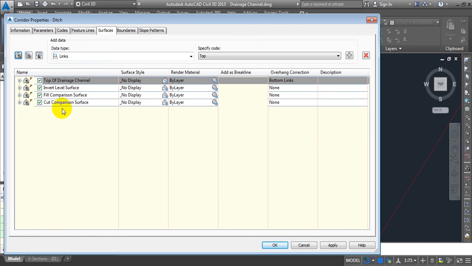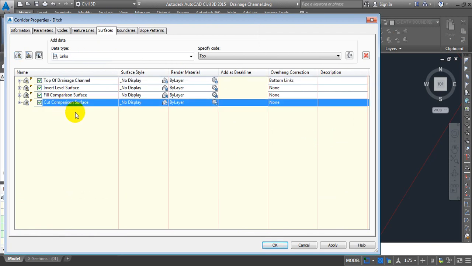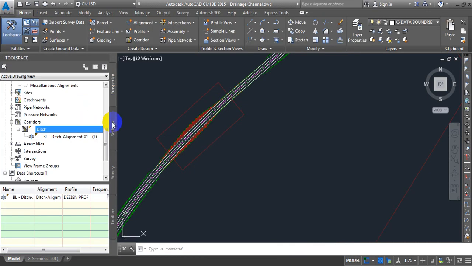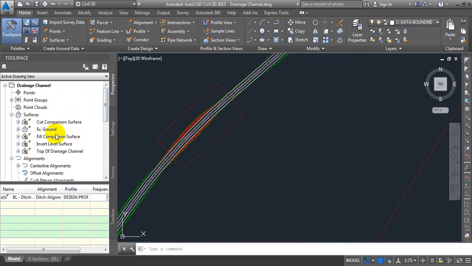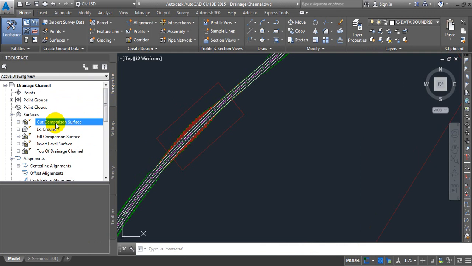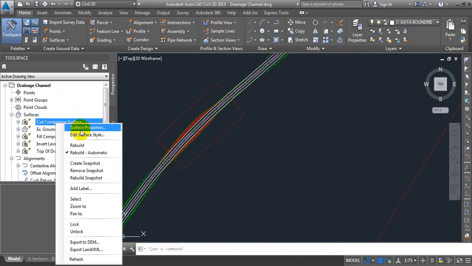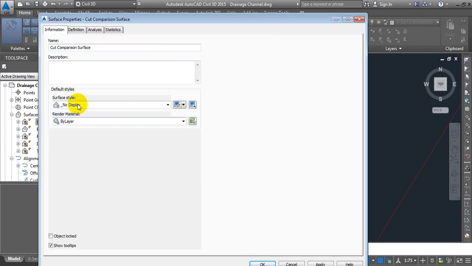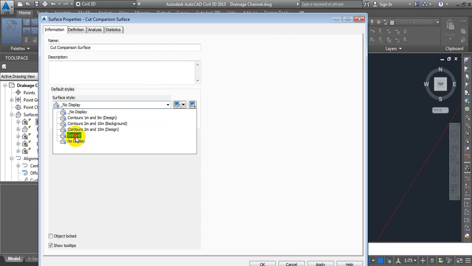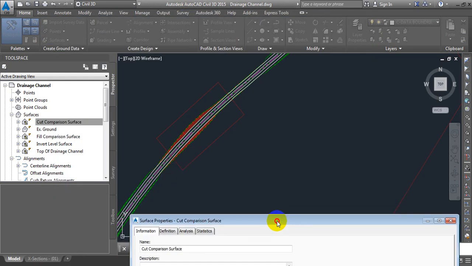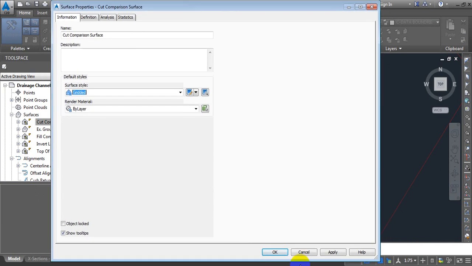And in this video I'm going to talk about this cut comparison surface, and currently its surface style is set to no display. So I will come to my prospector, go to my surfaces and click on cut comparison surface. I will just change its style. So I will come to surface properties and then change its style to graded. And as you can see, this surface is invisible right now. So if I apply the new style,